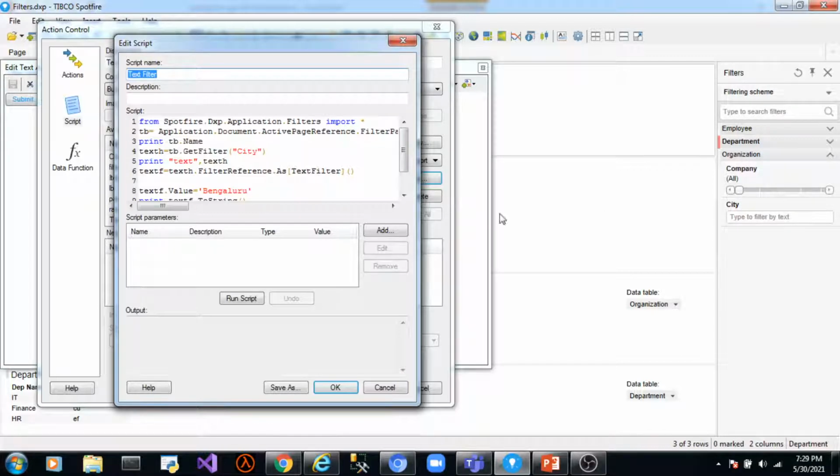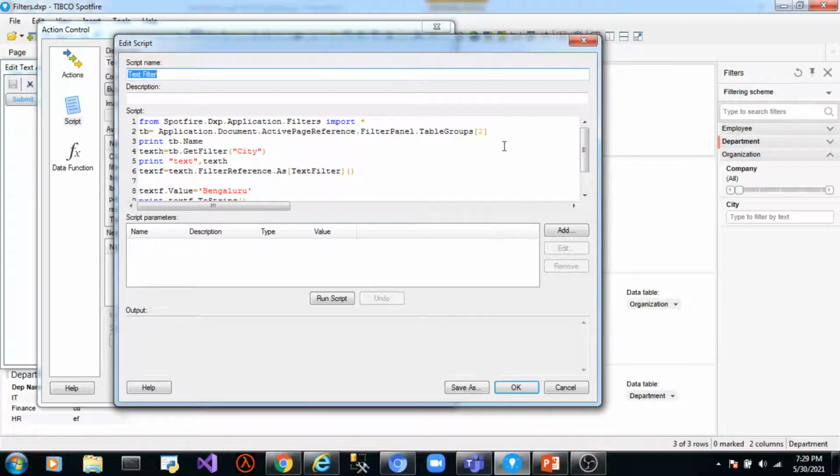To access this filter, we need to get an instance of this table group first, organization, which is located at index 2. That's why we have passed index 2 here.